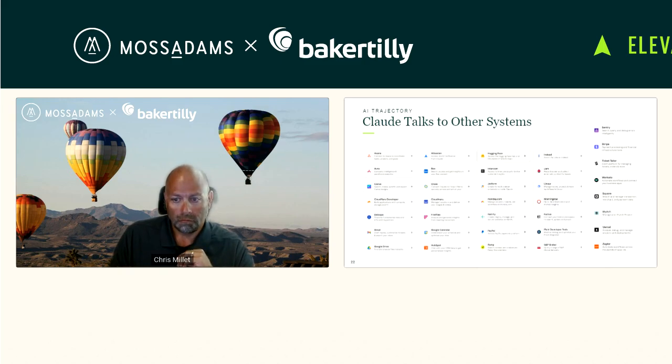Claude already talks to all these other systems. One of these is Zapier, right there at the bottom at the end. And you'll notice that Workato is in there too. So these are gateway, middleware applications that talk to other applications. So we're talking about probably hundreds or thousands of applications that are already exposing tools that can talk to Claude, allowing Claude to do business on your behalf.